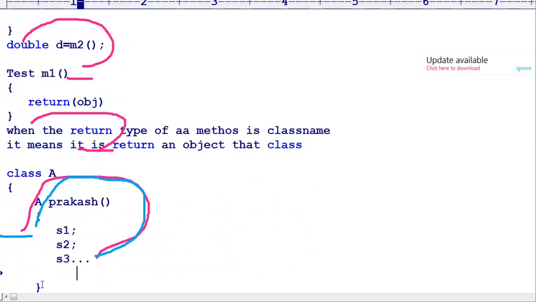After the last statement, I should go for return. What should be returned? An object of that class, where I can create an object here. That will be possible. The returned object is the return type of that class.